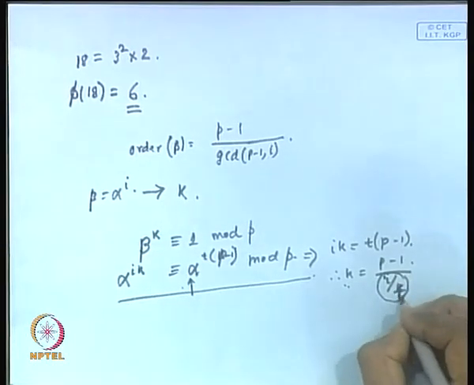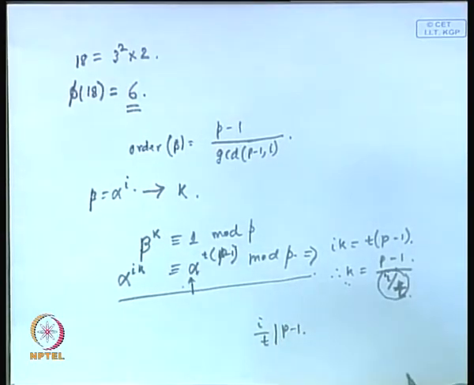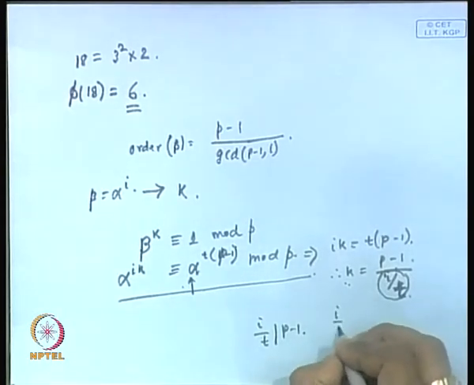Oh, sorry, i by t, yeah. So, i by t has to divide p minus 1, right. So, i by t has to divide p minus 1. And what is the other thing that you observe from here? That i by t has to be a factor of i also, right. So, i by t is also a factor of